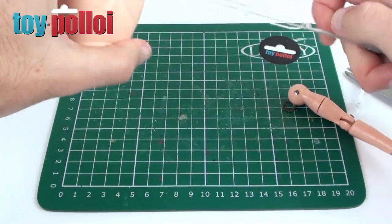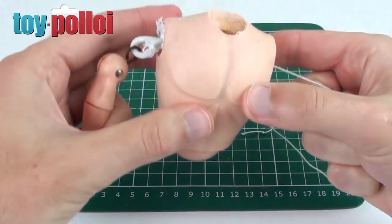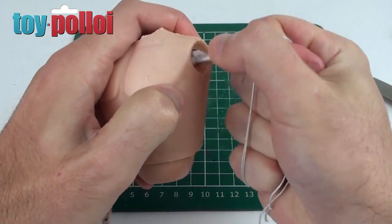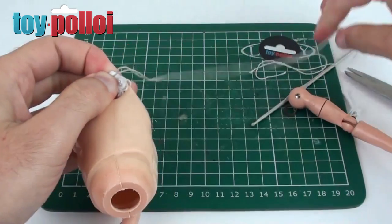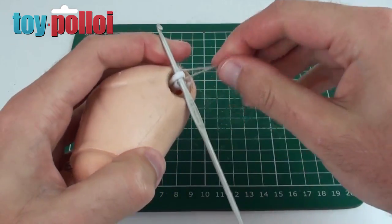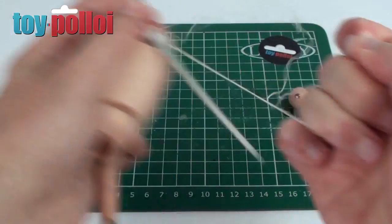And if we pull all the ends through, we can now pull that bit of elastic into the body. And now this is the awkward bit, because what you've got to do is pull this incredibly taut so that the elastic comes through, and then you can use the crochet hook again just to hook that and keep it in place so it doesn't go back inside the body. And we can now remove that piece of string that I used to thread it through,